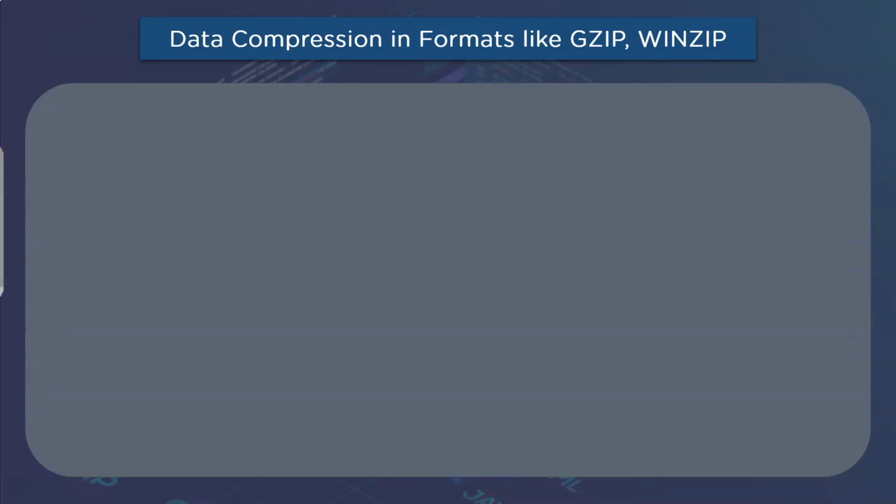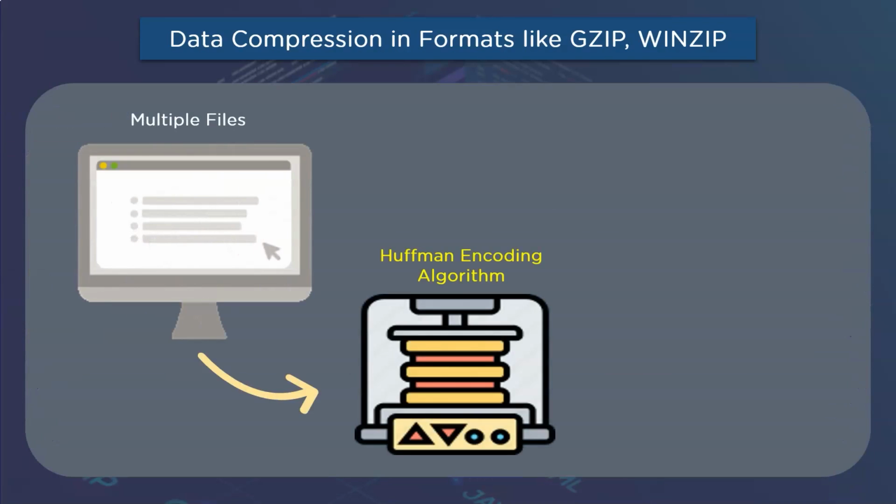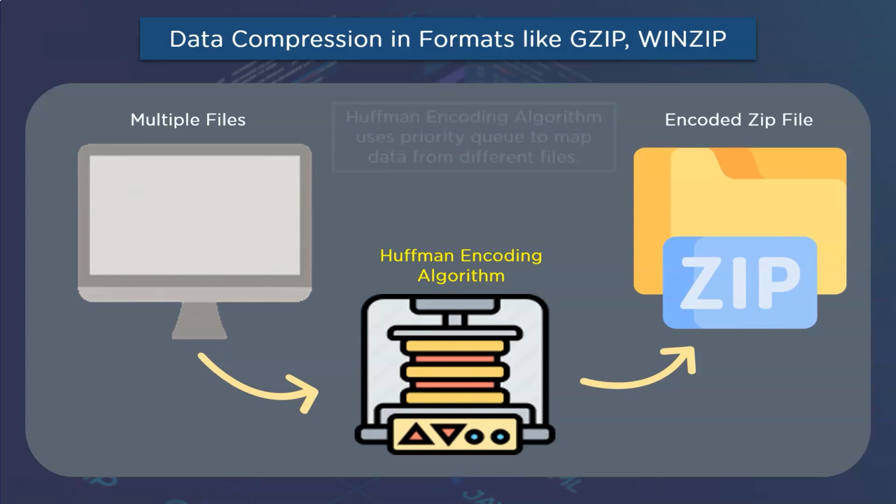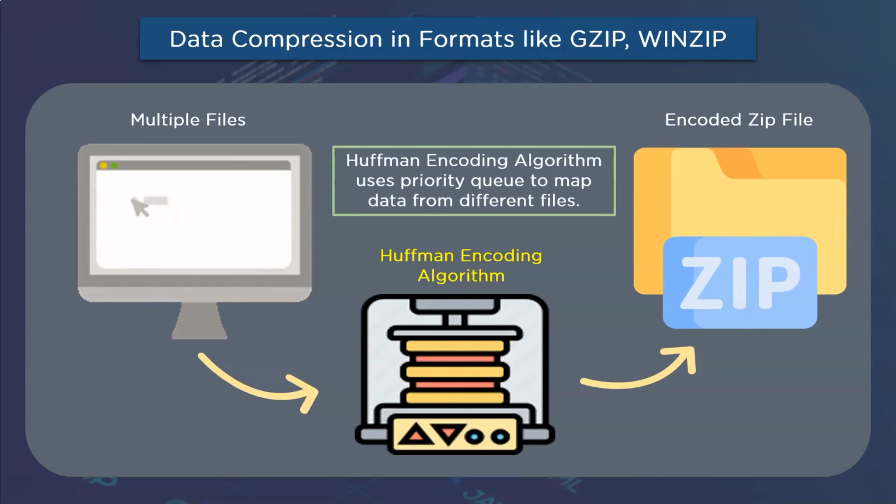The next application that we are going to discuss is data compression in WinZip or gzip. These applications use the Huffman encoding algorithm to reduce the size of files. Huffman coding is a lossless data compression algorithm, and in this algorithm, a variable length code is assigned to input characters. The code length is related to how frequent characters are used. Most recurring characters have the smallest codes, and longer codes are for the least frequent characters. This is how the generated codes will maintain the complete data while utilizing less memory space.